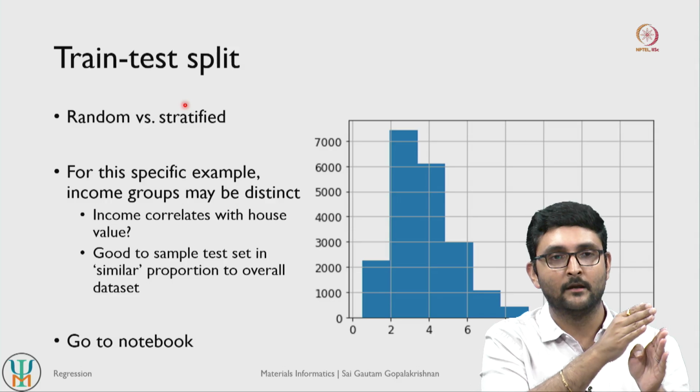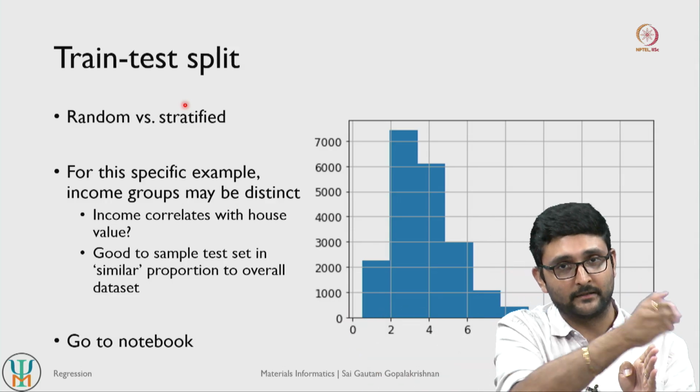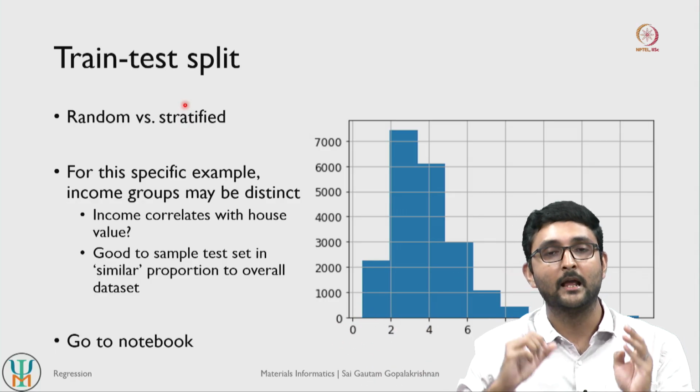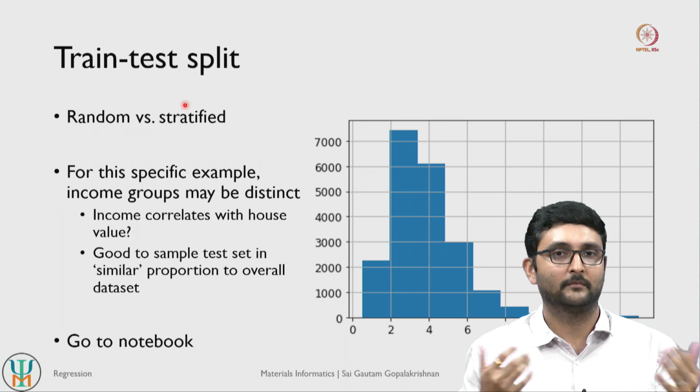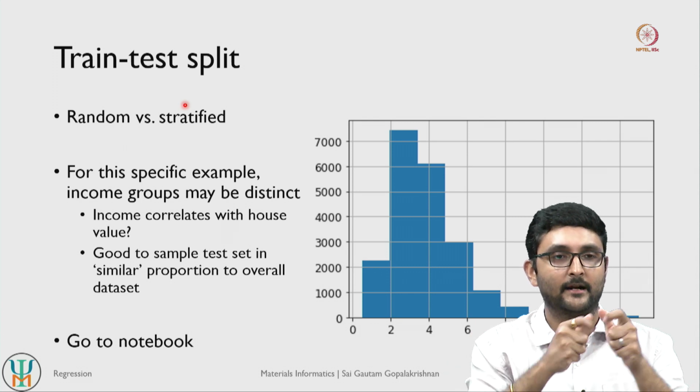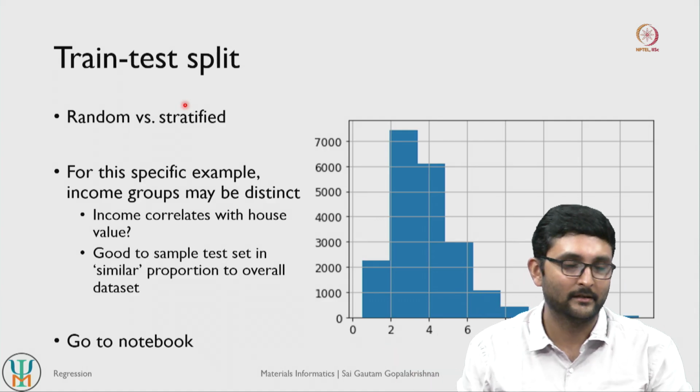So instead of taking 4,000 randomly across all the 3 categories, you take 20% in each category, right, and within each category you take data points at random, right. So within each you take data points at random, but you define how many data points to take from each bin basically, right.